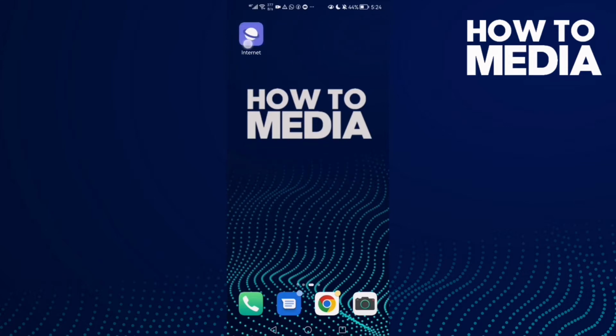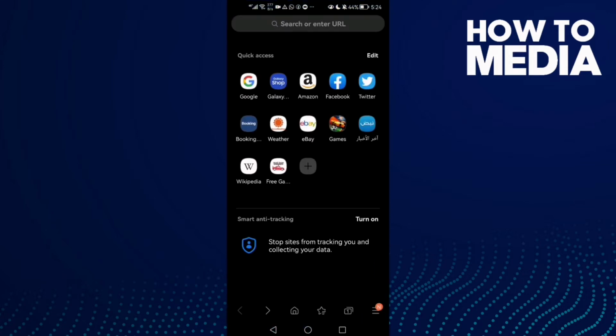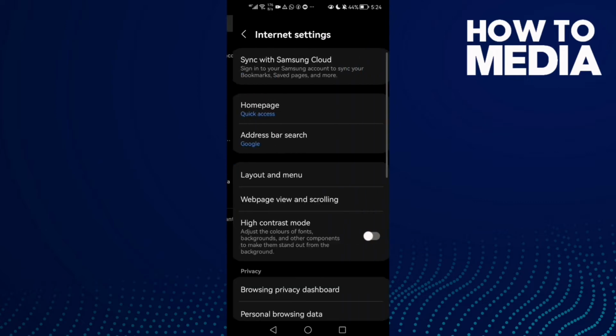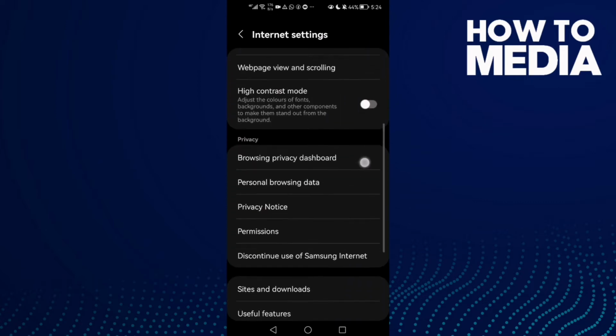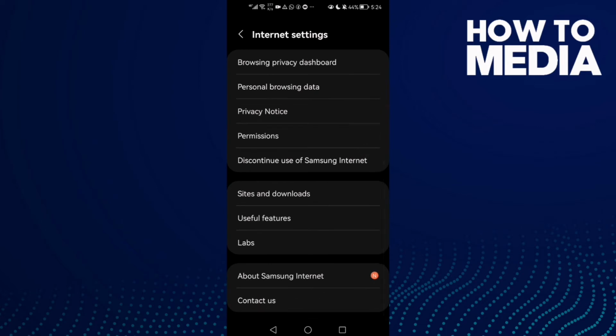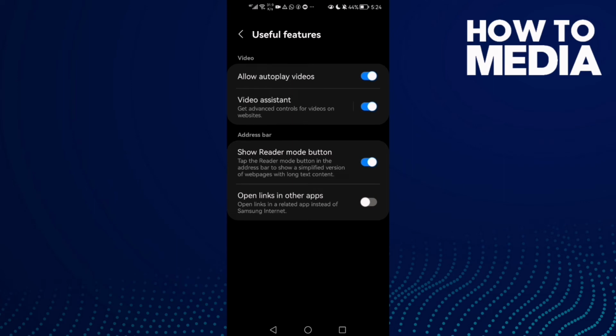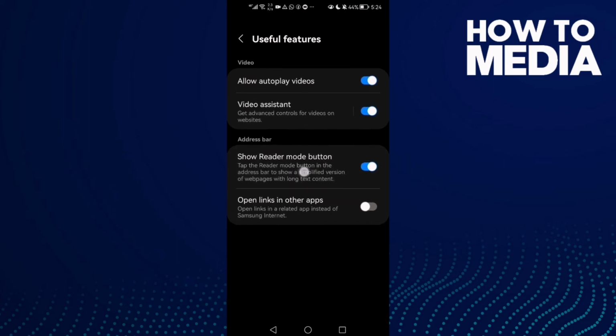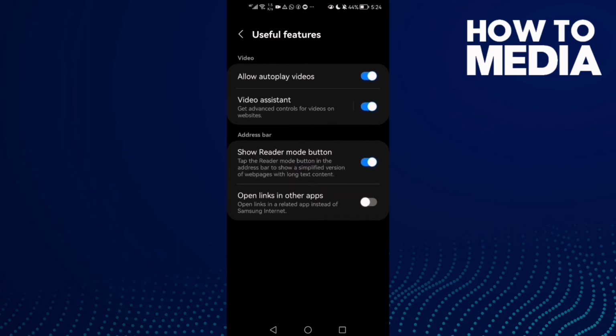First, open the browser and here you will find these three lines in the bottom corner. Click on it and click settings, and scroll down until you find this one, useful features. Click on it and here you will find it, show reader mode button, and if you want to hide it,